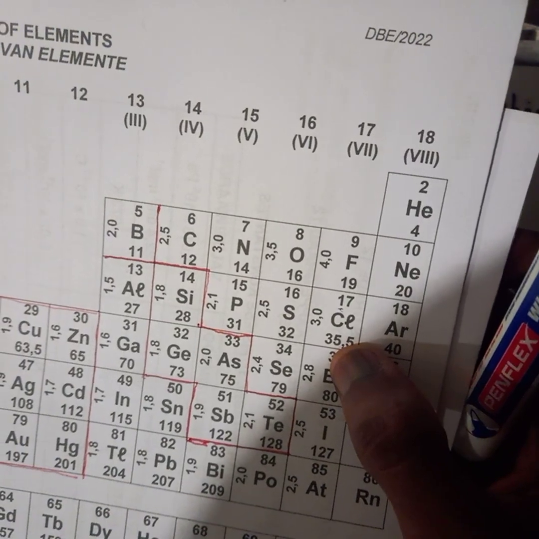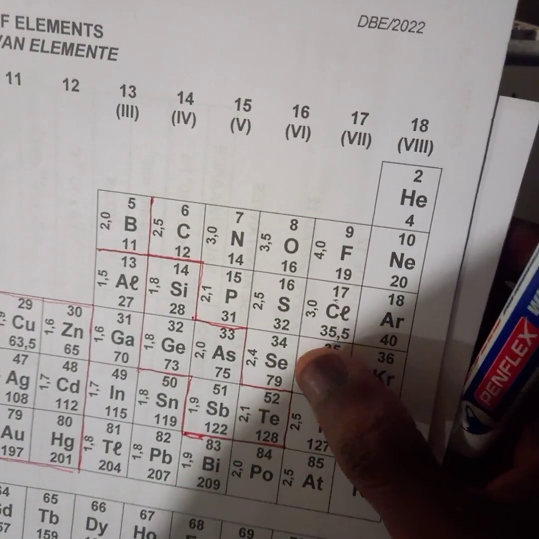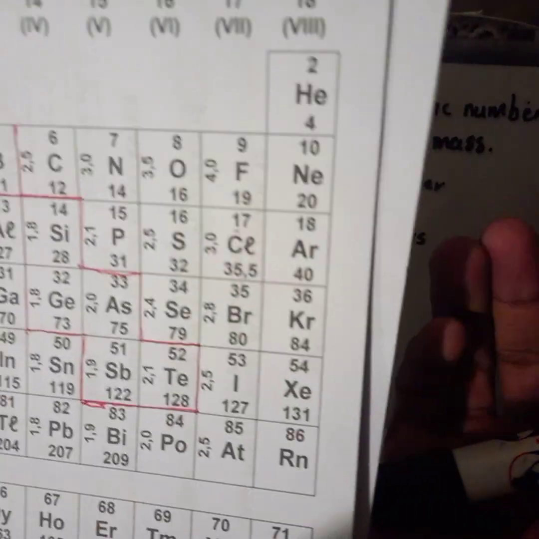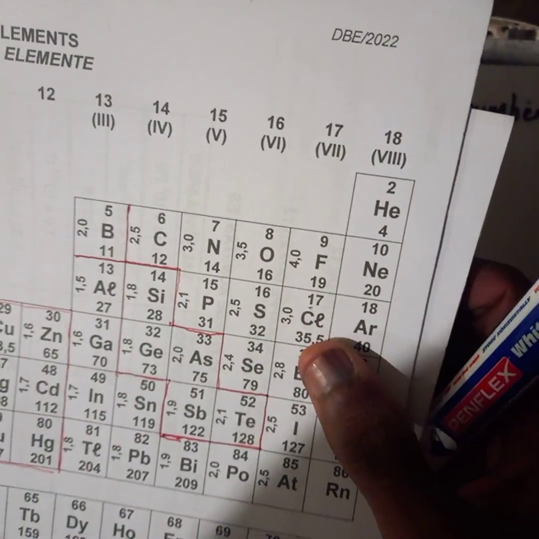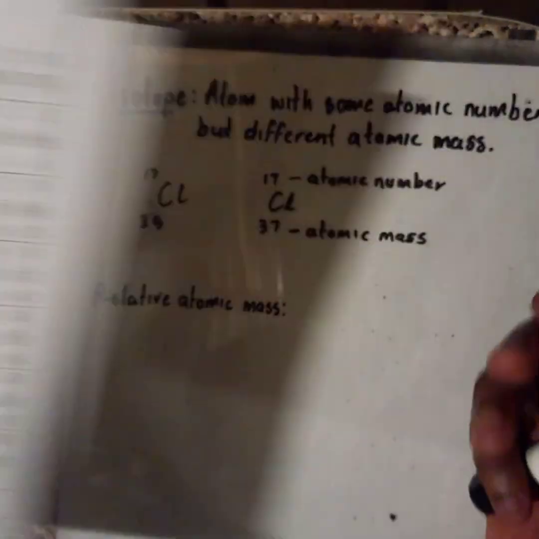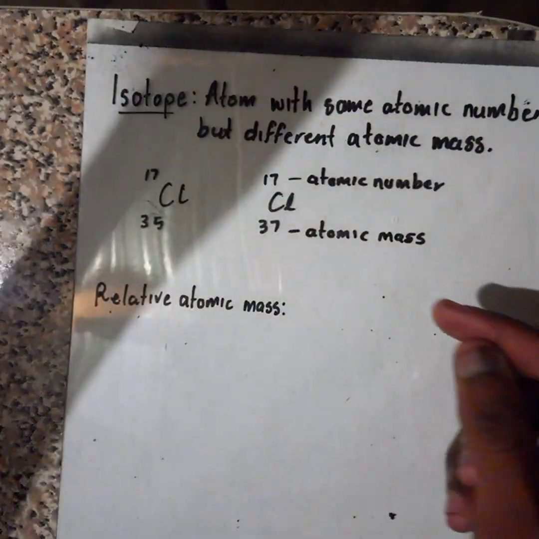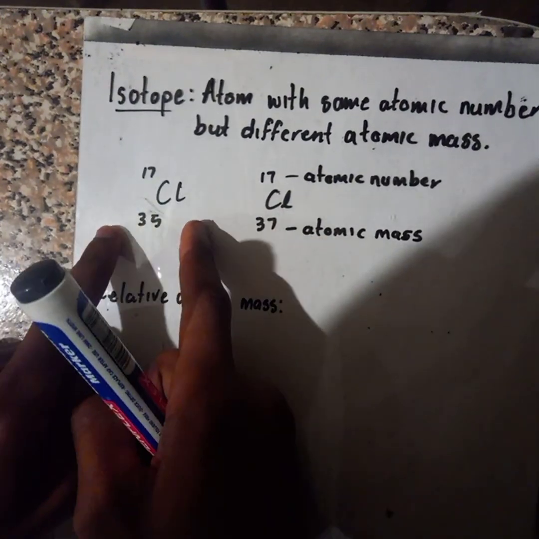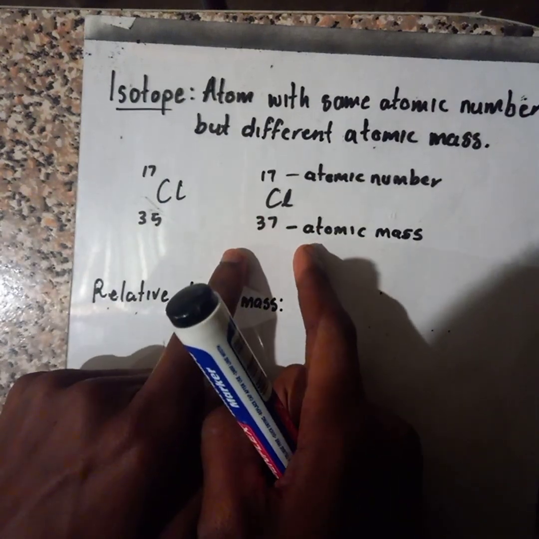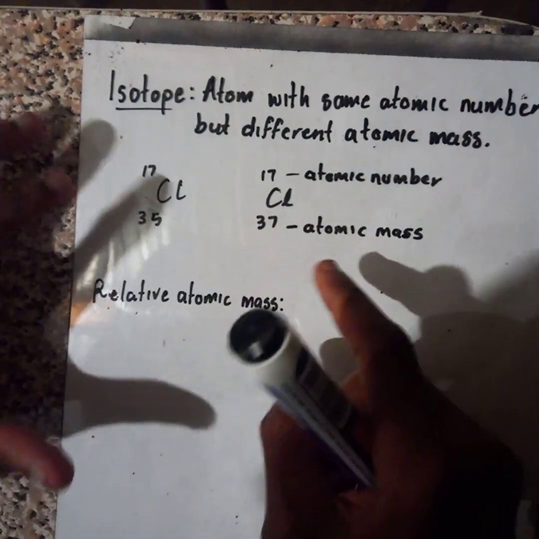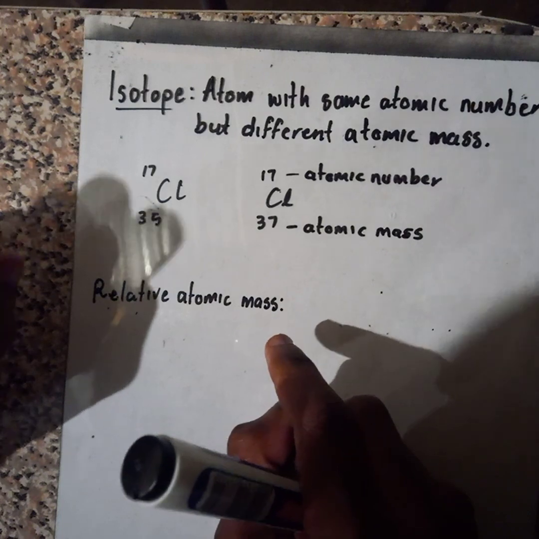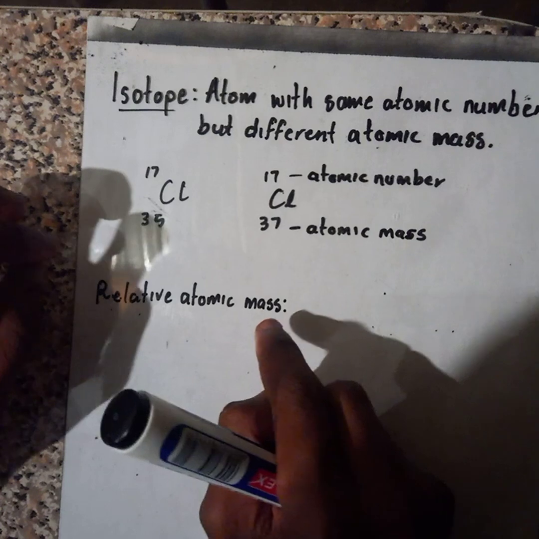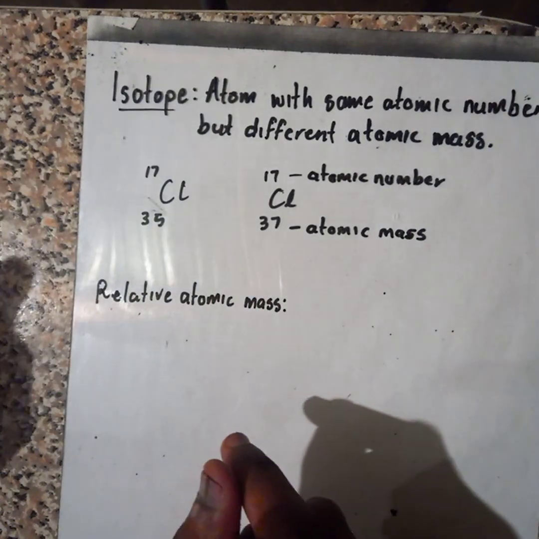It's not the atomic mass of chlorine. It's a relative atomic mass. Somehow it's an average of more than one chlorine. You see, in this case we have two of them, the first one and the second one. Then we must calculate what now? The relative atomic mass, the average atomic mass of these two. Let's say